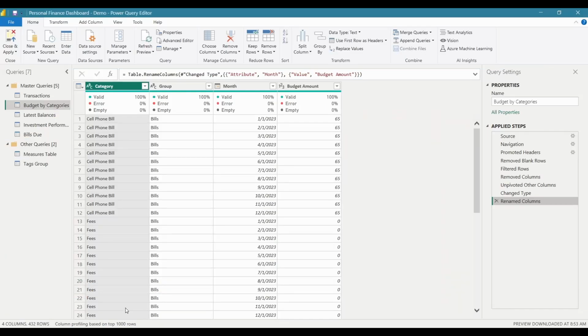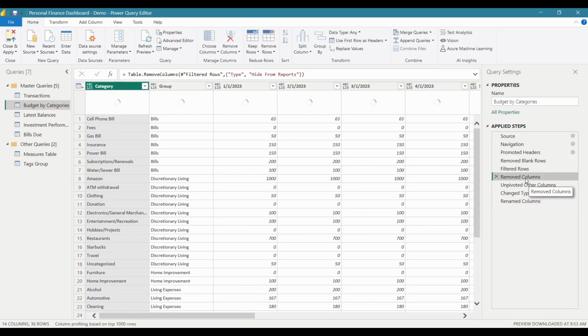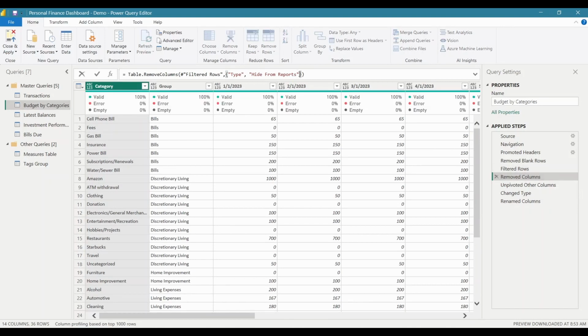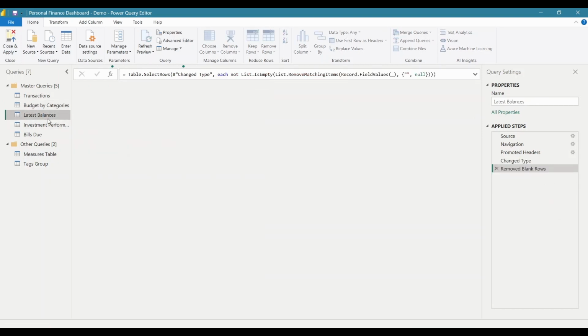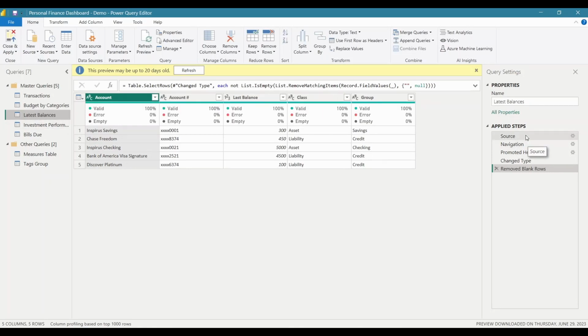So if you have any other columns, then you can click on the remove columns step and then add all those columns. Let's say you have a tags column, then you can just type a comma and then within double quotes, enter your column name. But in my case, I don't have it. But if you do, then you can just add all those columns with a comma separator over here. So that's one additional step. So I'll continue with updating the source for all these sheets.